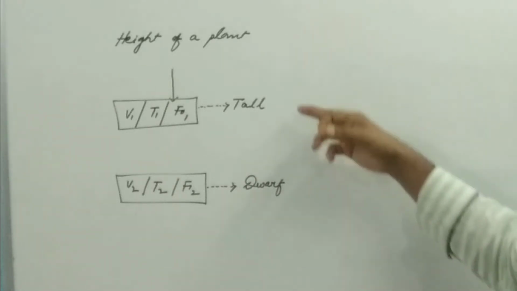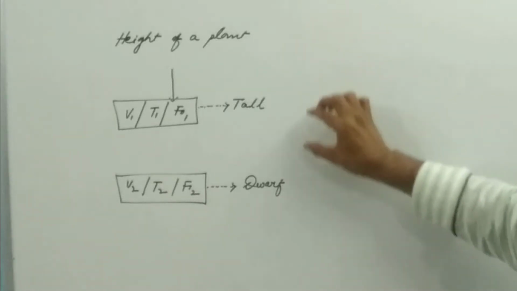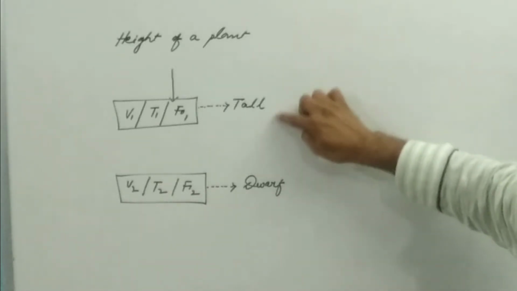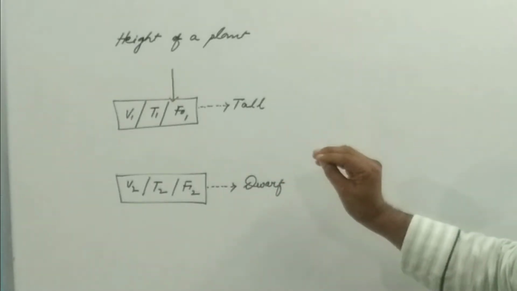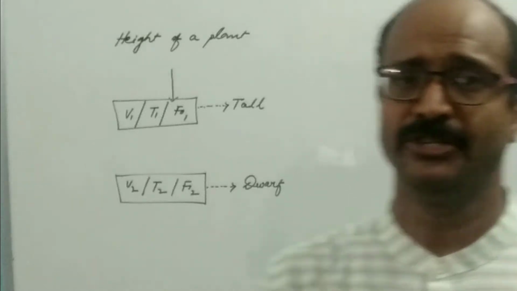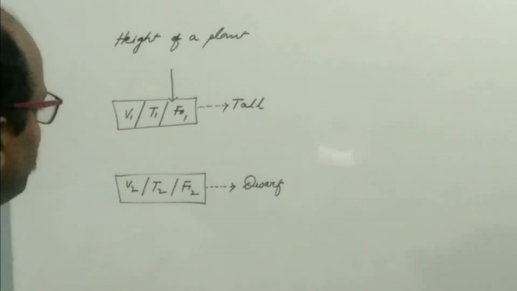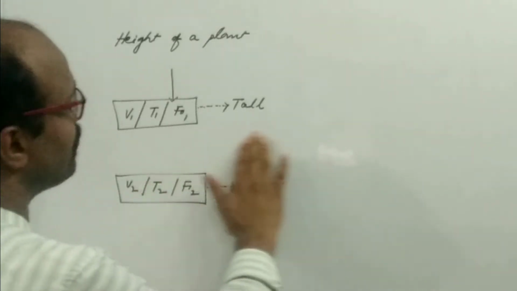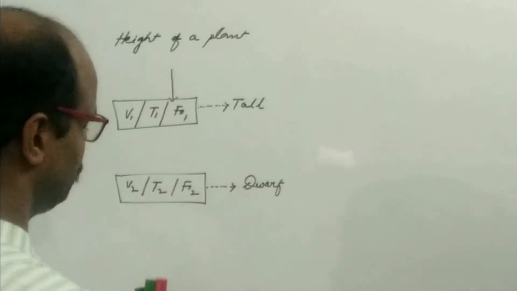Contrasting forms means opposite to each other. So these two characters are opposite to each other. There are no in-between intermediate forms. According to Mendelian inheritance, each gene has two forms, one tall and another dwarf. So two alternate forms are present for each gene, which I have studied in my previous video. There are no intermediate forms, and these two forms are known as contrasting forms.